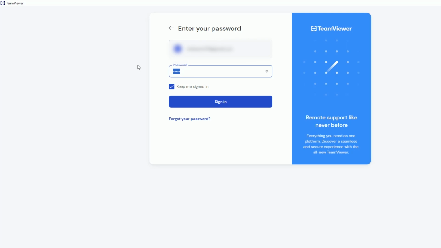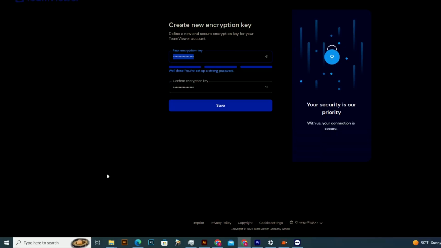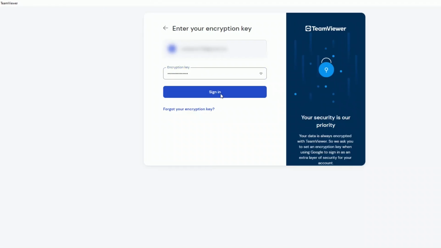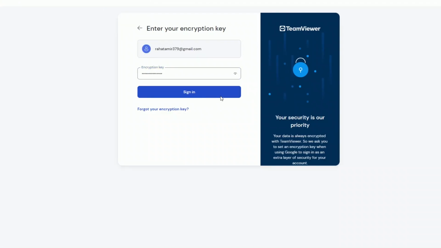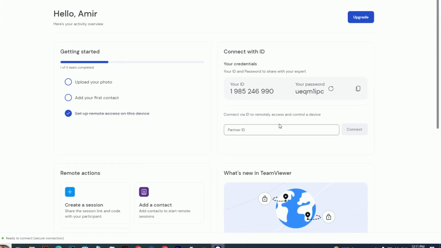Just click on forgot your encryption key, and it will send you a reset link. You have to click on reset encryption key, then put your new encryption key, then confirm the encryption key, then copy the encryption key for later use, then save it. Then there is the interface when you sign into this TeamViewer remote control, and you will get your password